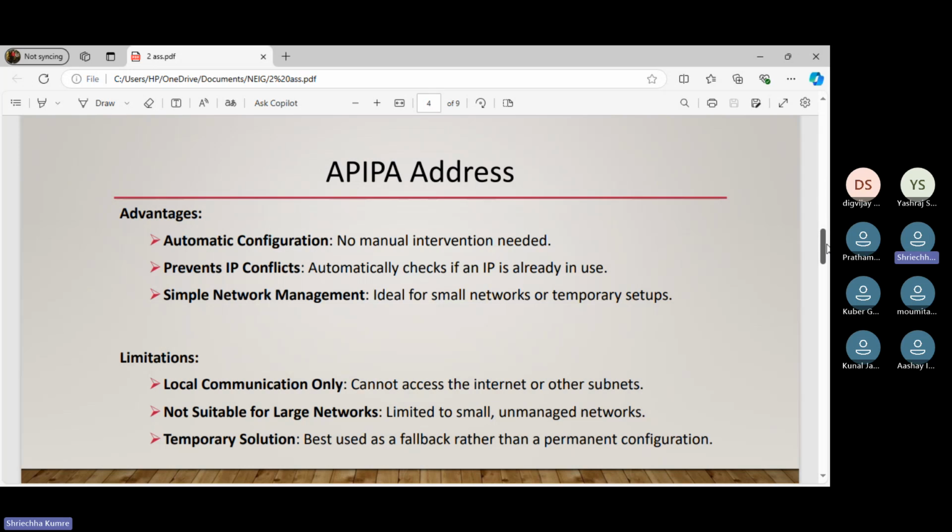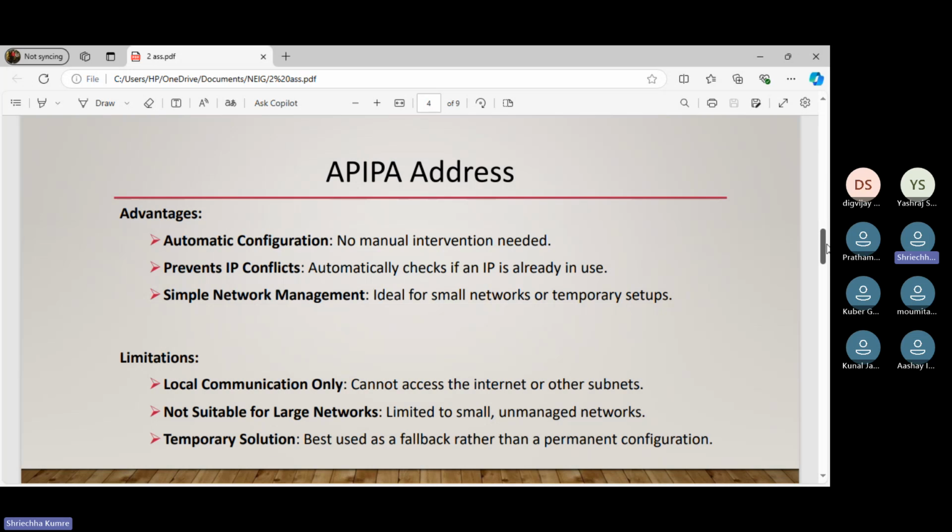APIPA addressing has certain advantages and limitations. The advantages are automatic configuration: APIPA doesn't require manual intervention or manual configuration, simplifying the setup process.